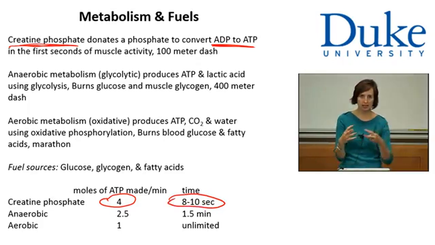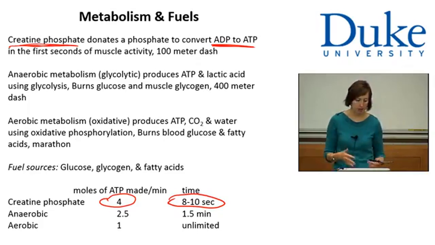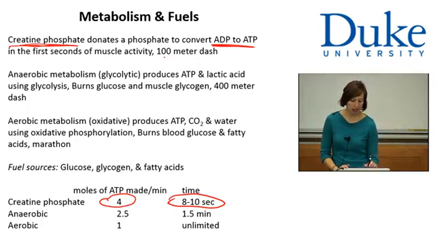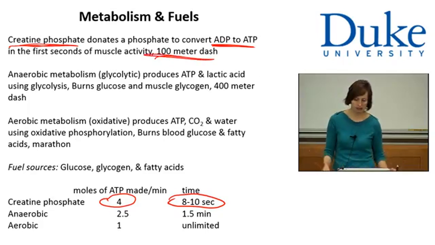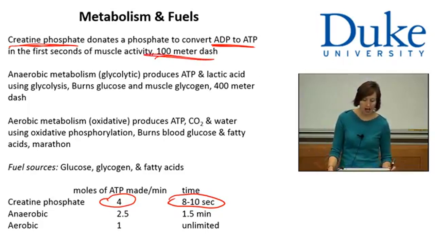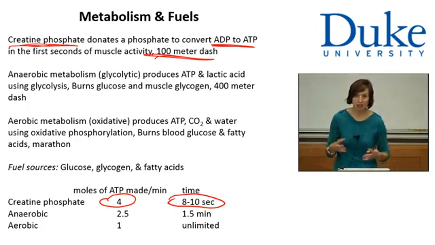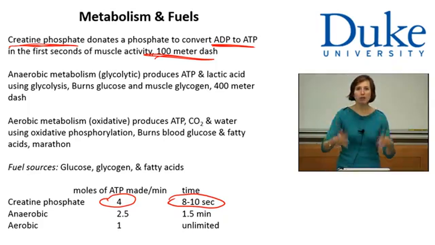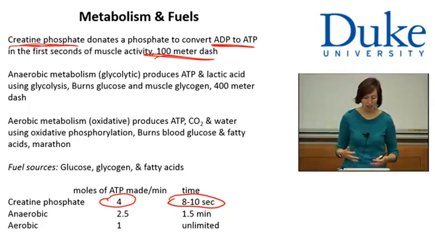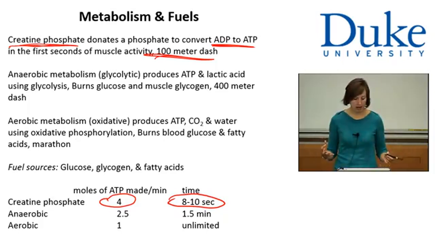So the first 8 to 10 seconds of exercise, creatine phosphate will be a major contributor to the production of ATP, which means that you're going to use it primarily when you're doing something like a 100-meter dash that lasts about 10 seconds. That, however, using that creatine phosphate allows for other pathways to have time to get going, to get initiated. And so another set of pathways that will start to produce ATP while the creatine phosphate's being used